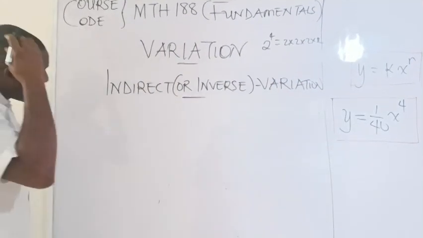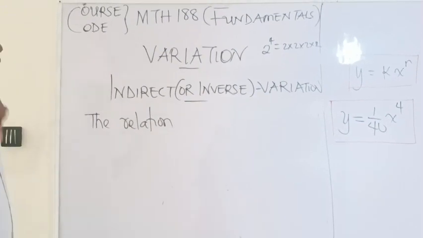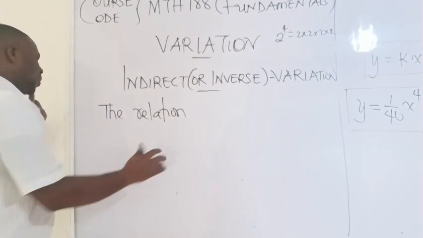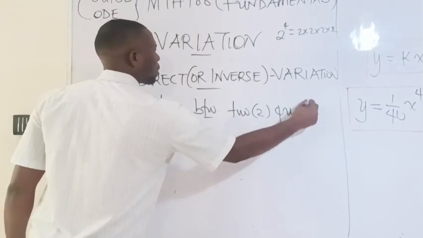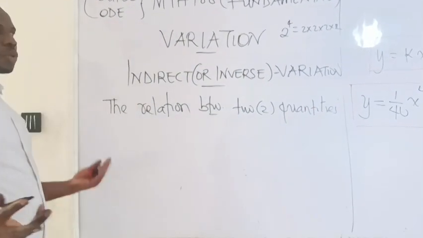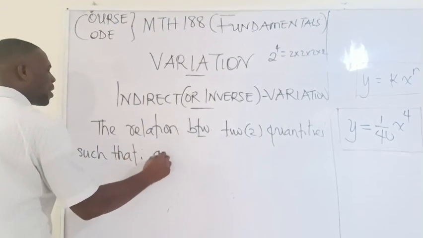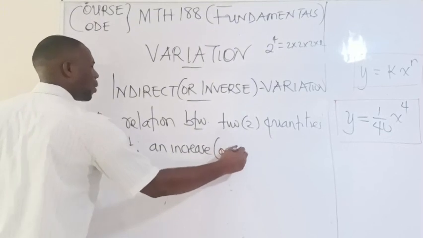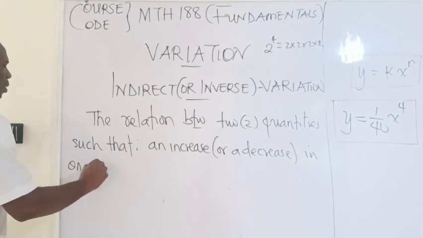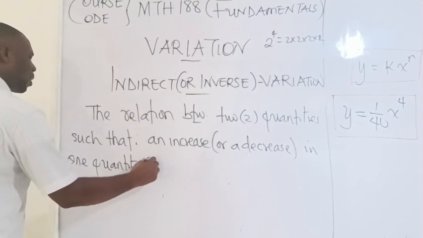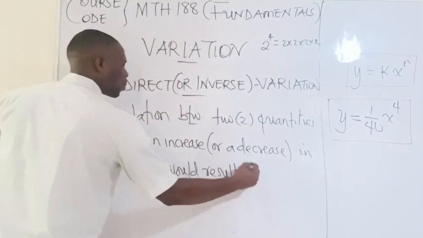All right. So this is simply the relation between 2 quantities. Please, I have to stress this. It's just 2 quantities, please. The relation between 2 quantities. You're free to choose x or y or any letter of the alphabet, such that an increase or a decrease in one quantity, just say y, would result in a corresponding